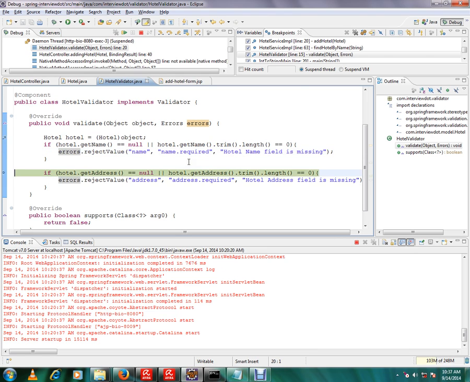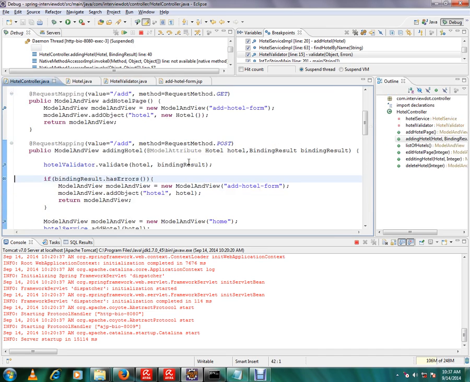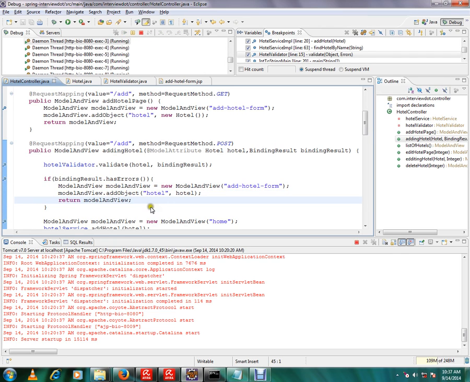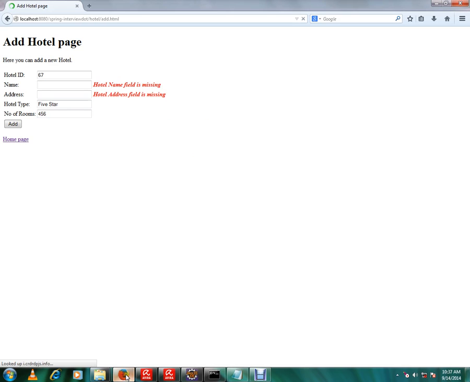That means errors are rejected. So there are two attributes which are not proper, so we are rejecting them, adding them, and here I will check in the controller. I will check if the binding result has errors, then return back the model view. Don't allow to proceed. That means don't allow to proceed to talk to the database service layer at all. Okay, so this is how I'm able to get these